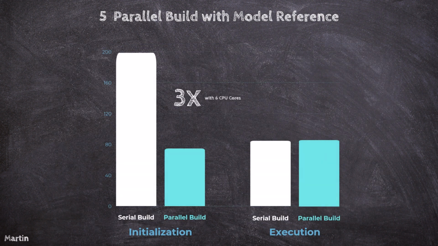This chart summarizes the time spent on building the model references. As observed, parallel build is approximately 3 times faster than serial build. This example demonstrates how parallel build with model reference can save significant time during the development process. By leveraging the Enable Parallel Model Reference Builds configuration, Simulink maximizes CPU utilization, making it an excellent choice for accelerating